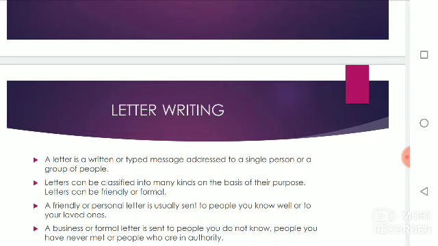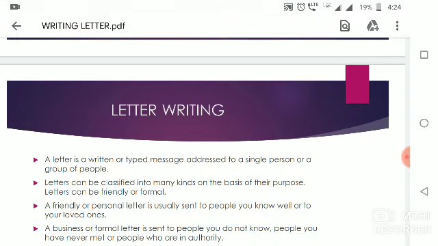Right now, in order to share our thoughts or give any message, we are using phone, microphone, and also WhatsApp, electronic media. But before this modern century, we used the form of writing in order to spread ideas and our messages. So that is why this is known as the official purpose of writing a letter.